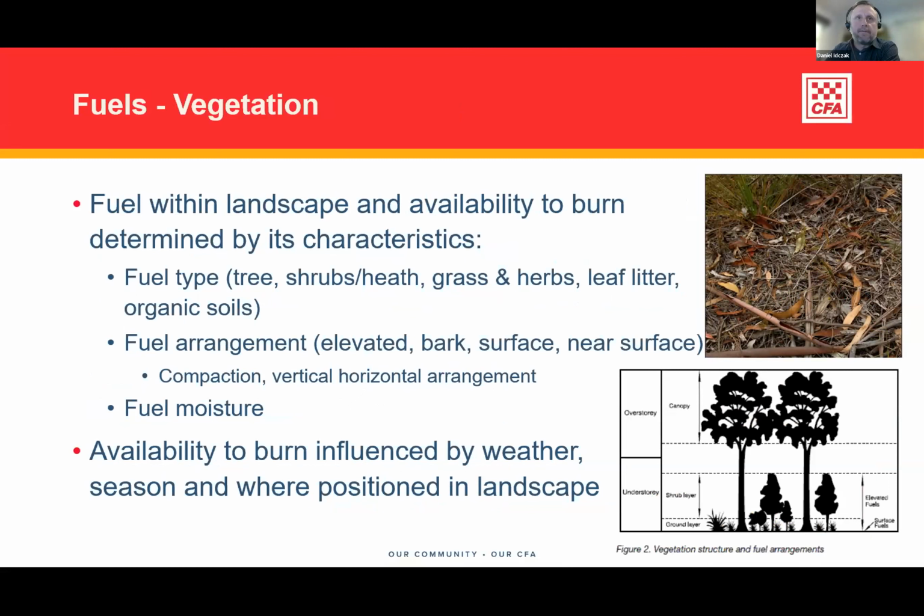If the fuel is elevated, so I was trying to work out how to use a pointer, but I'm not a Zoom guru. So anyway, the elevated fuel, bark fuel, surface fuel, and near surface, which you can see in that little image on the bottom right hand there. It is also heavily influenced by the compaction of the fuel, so if the fuel is very dense, as well as the vertical or horizontal arrangement of the fuel, which influences